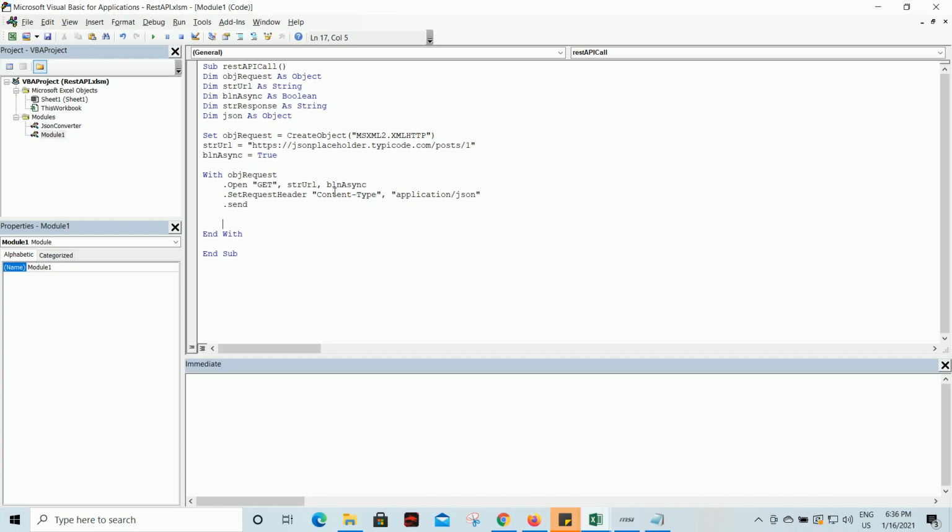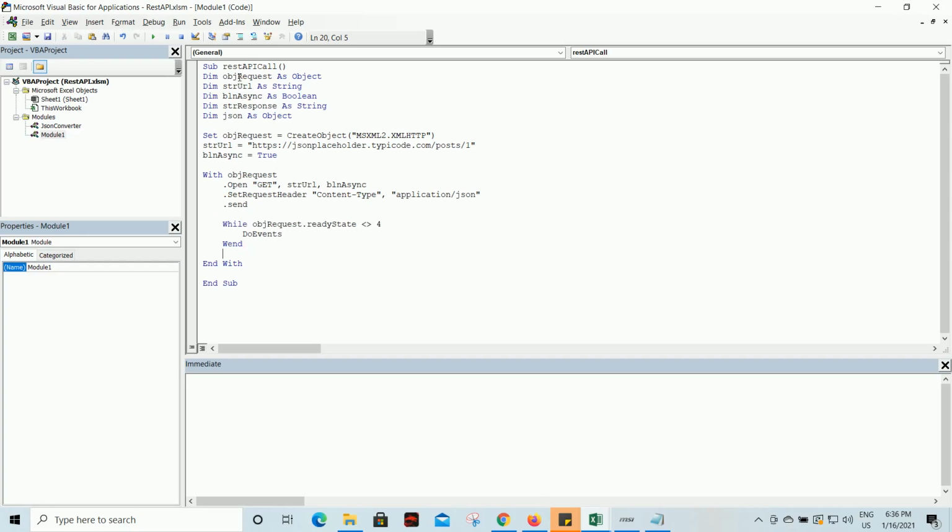To make your Excel VBA wait, we can use the ready state and make sure that it's not equal to 4 using a while loop: objRequest.readyState. Until then, DoEvents and wait. Until we get a response, this while loop will make the script wait.